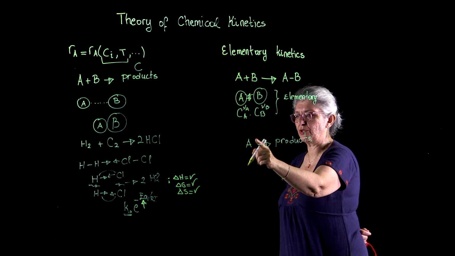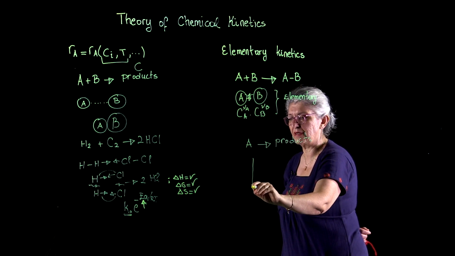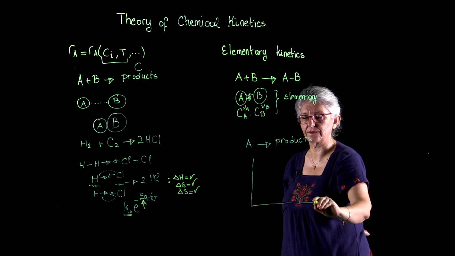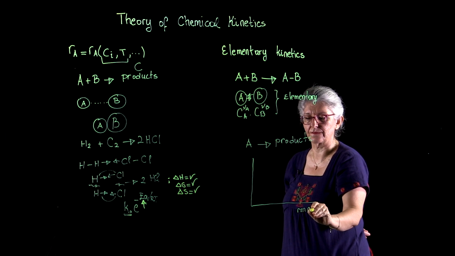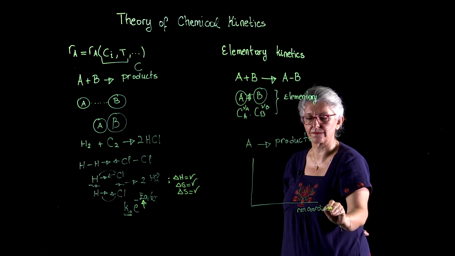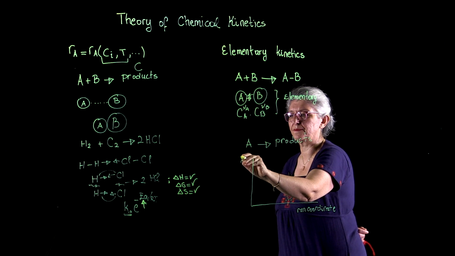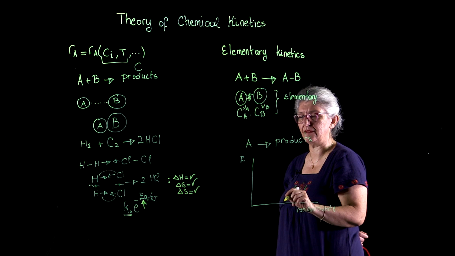This molecule A is going to overcome an activation barrier through the reaction coordinate. This is the reaction coordinate. And this is the energy. The reaction coordinate versus energy diagram